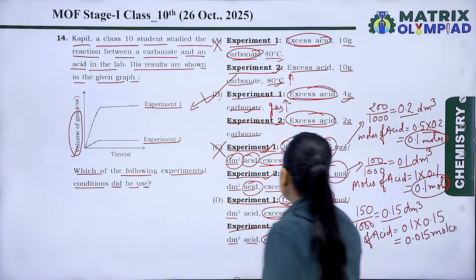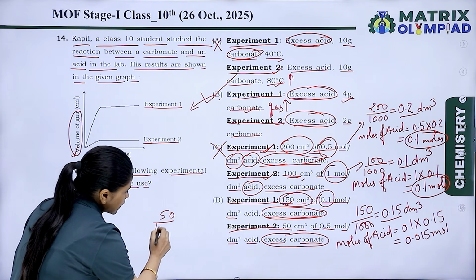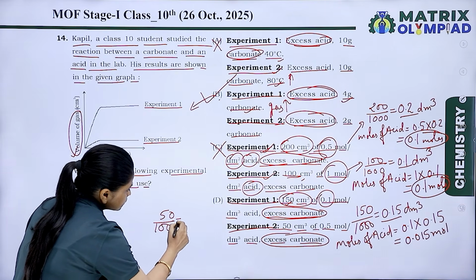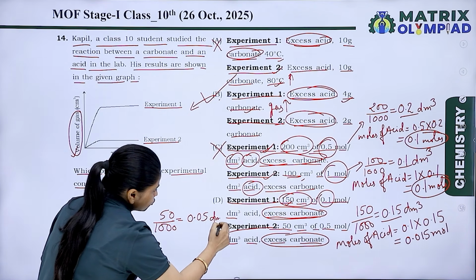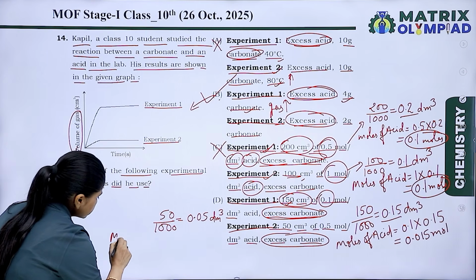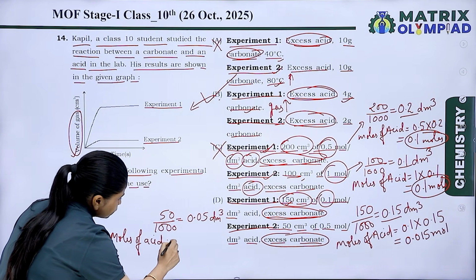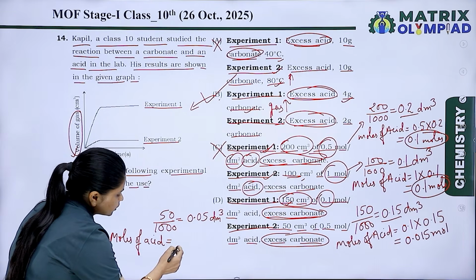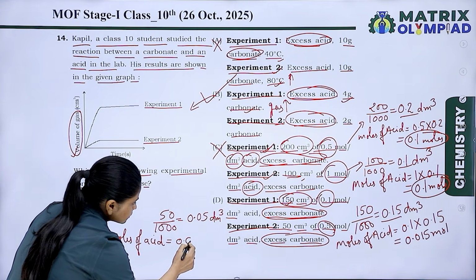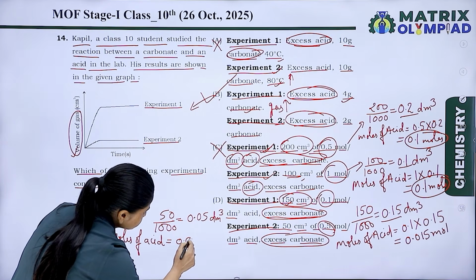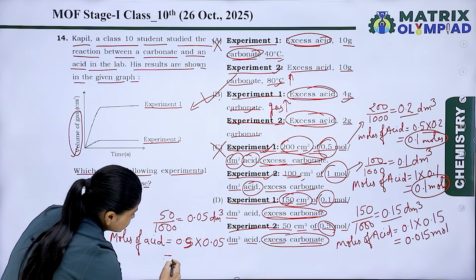Now for experiment 2, 50 divided by 1000, then 0.05 decimeter cube is the volume, and the moles of acid will be calculated by concentration, 0.5 multiply by 0.05, and it is equal to